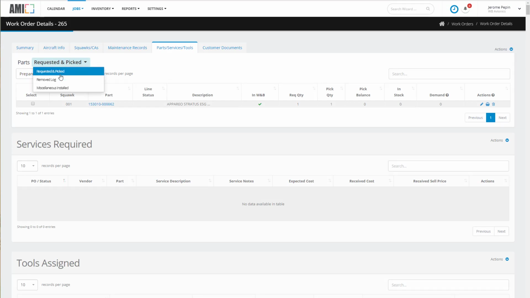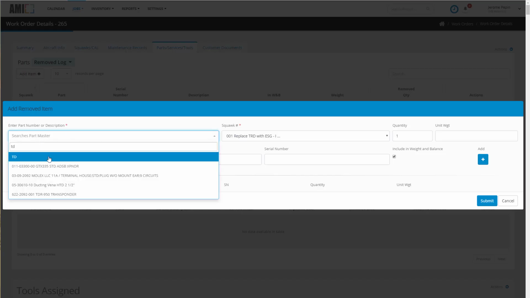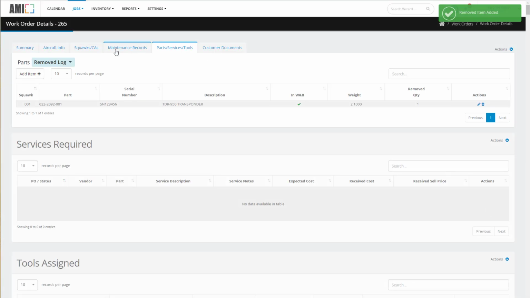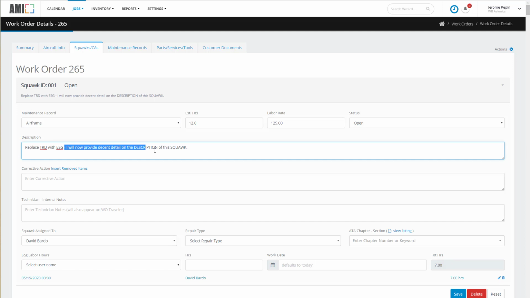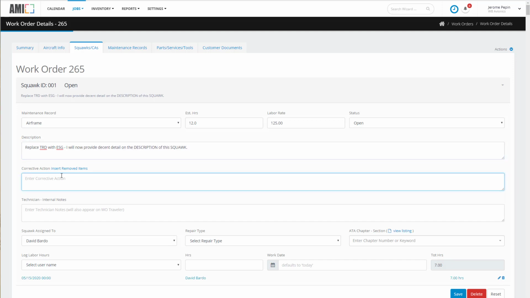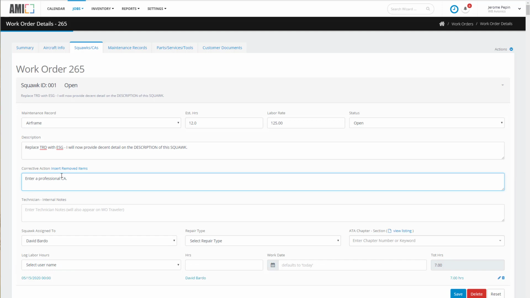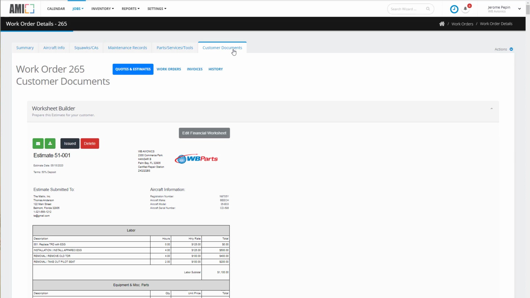We'll go ahead and create the remove log record for the TDR that we're pulling from the system. And that also needs to be in our weight and balance. We're going to go into the squawk and tune up the squawk description and put in a professional corrective action because we're working the job now. We put in our 7 hours worth of work. And now the job's over and it's time to create a final invoice and settle with the customer on the